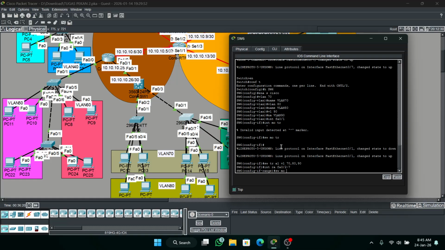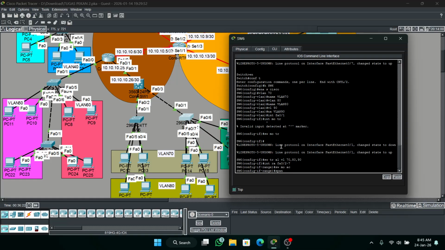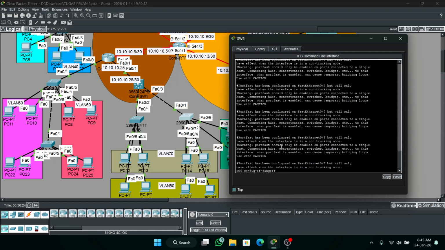Switchport mode access and spanning-tree portfast. Okay.